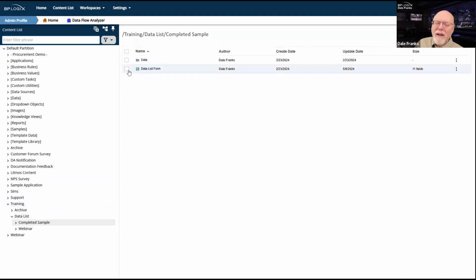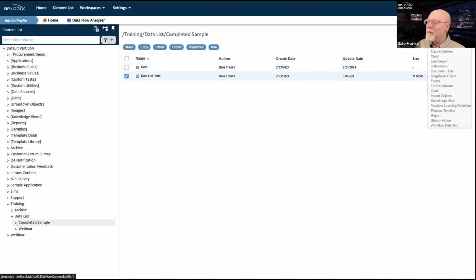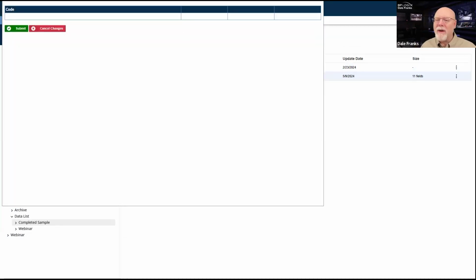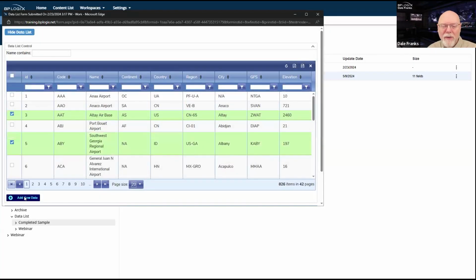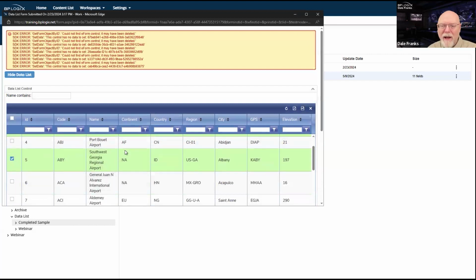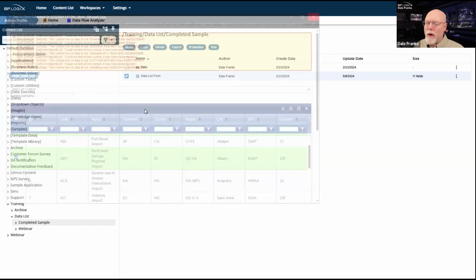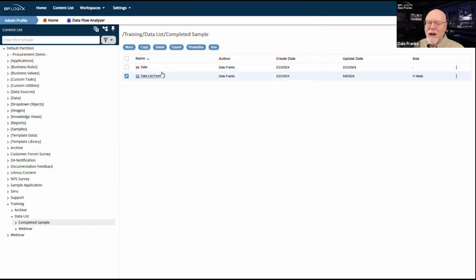Let's go back and let's just try her one more time. I'm not sure why it wasn't working, but what am I trying to do? Oh, I'm wanting to hit run. That's what I'm trying to do. I'm now all flustered because it wasn't working right. And it's still doing that get form object by ID. Huh. I don't know what the issue is. That's just something that cropped up new. It wasn't doing that this morning. I wonder if it's some change that I made on the form and didn't realize, but that's okay.